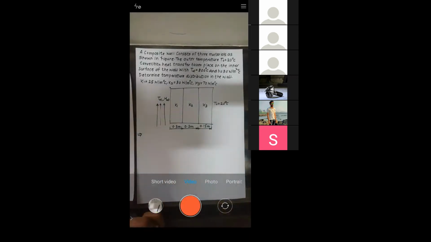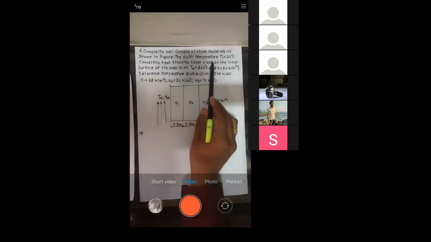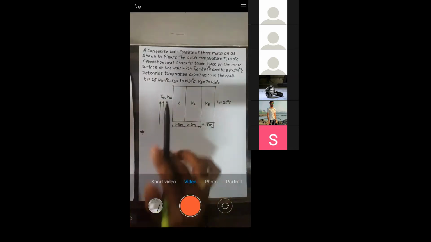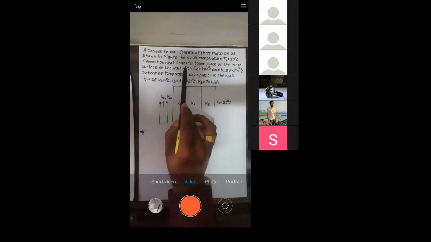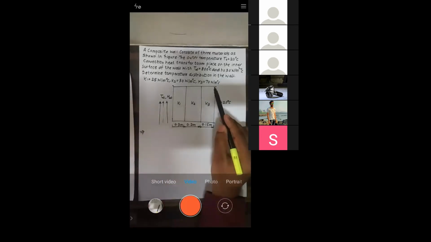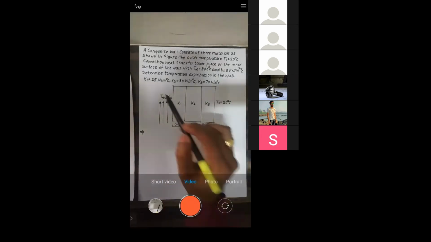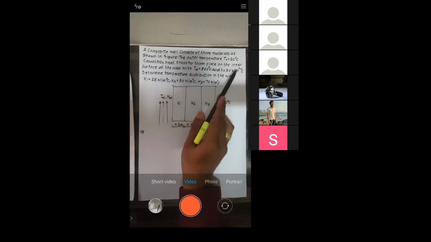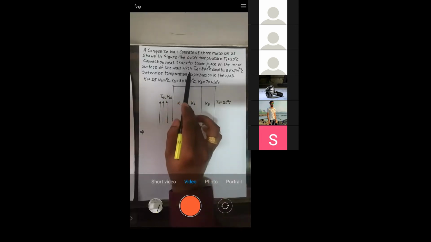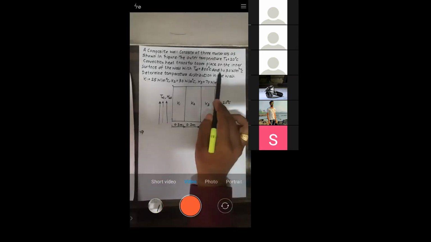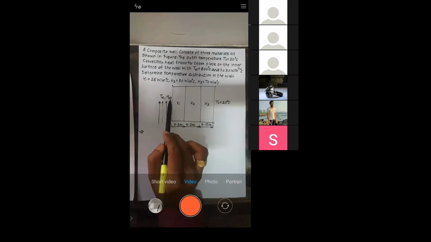But in addition to conduction, see here, the outer temperature is 20 degrees Celsius. So this is the outer temperature, which is 20 degrees Celsius. Okay, convection heat transfer takes place on the inner surface. See, if this line is the outer surface, obviously this line will be the inner surface. Okay, so convection heat transfer takes place on the inner surface of the wall with T infinity. So here they have given T infinity. Here there will be some temperature and heat transfer coefficient. So they have also given the value of h here, right?